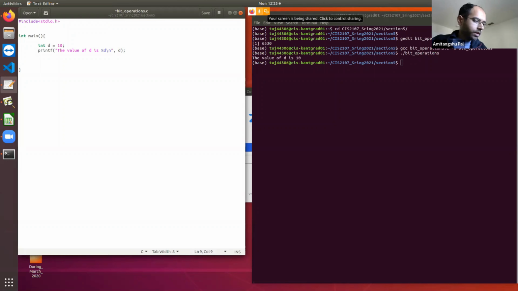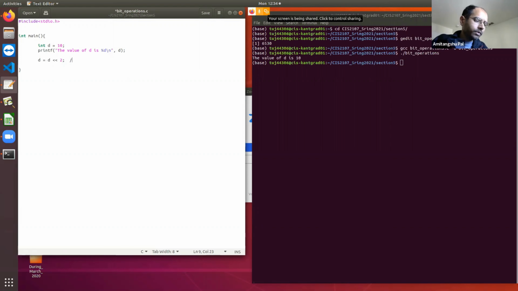Now suppose I am shifting d by 2 bits to the left. Okay, this operator means shift left, the left shifting operator. So I'm shifting d 2 bits to the left.